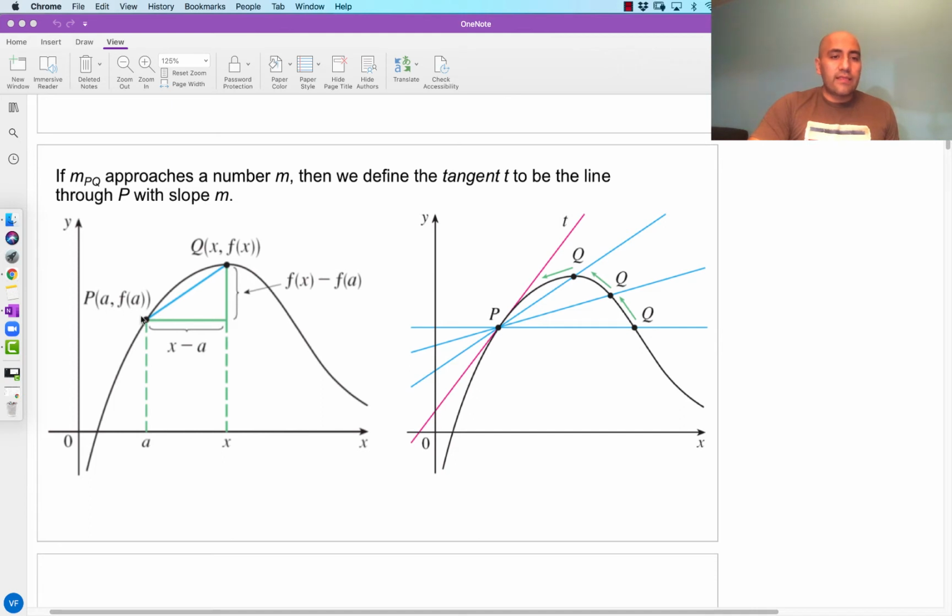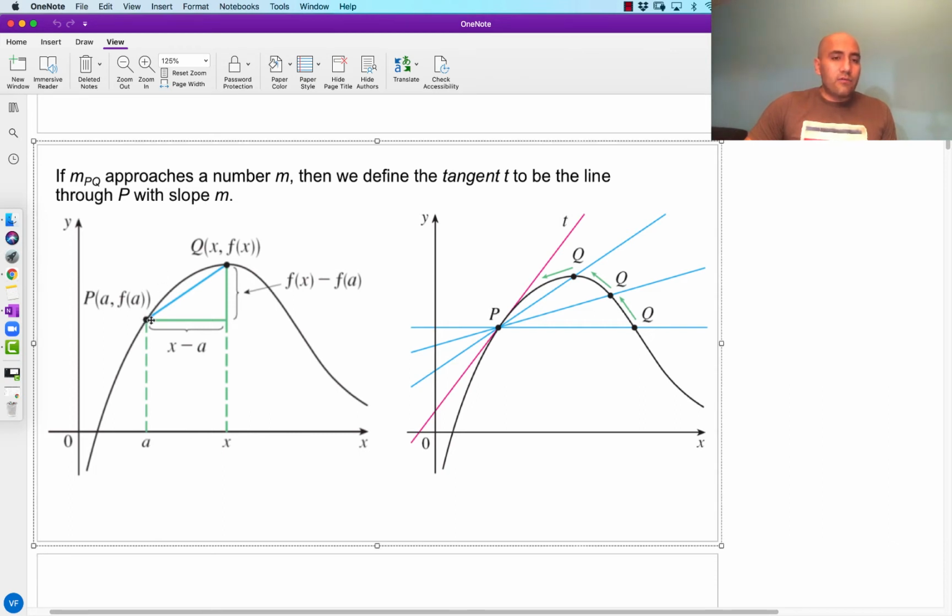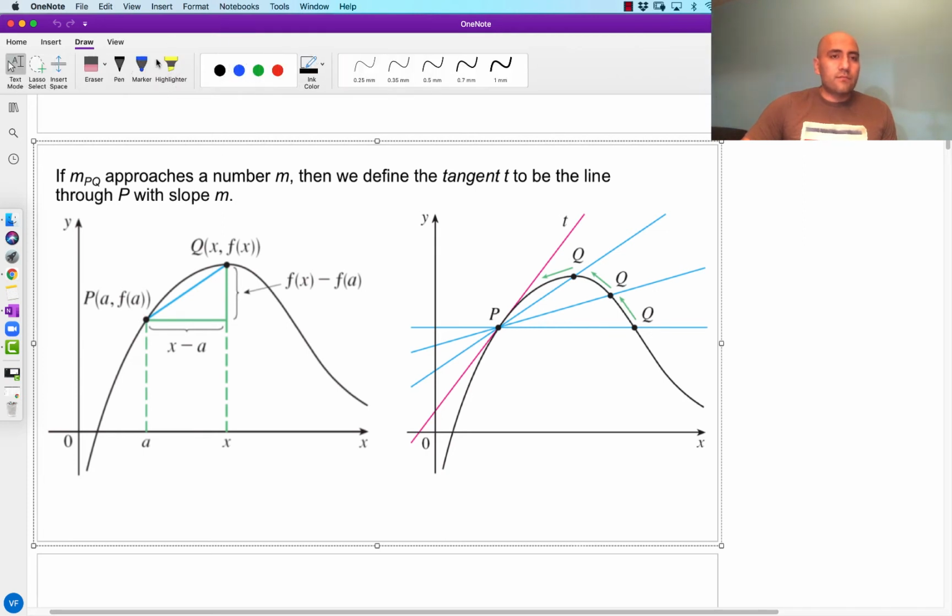So we're going to let this point right here be point A. That's the point of interest. I'm interested in finding out what's happening to my function at this point. What is the instantaneous rate of change going to be? So in order to figure that out, what we're going to do is